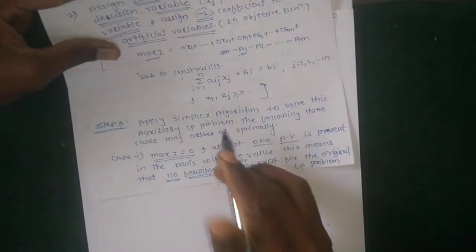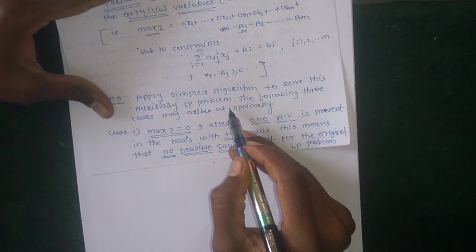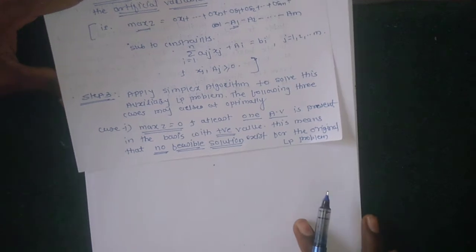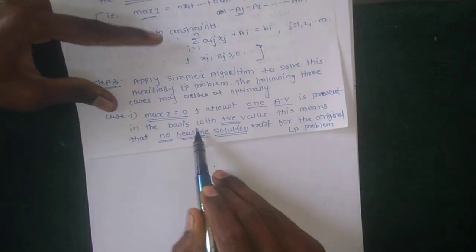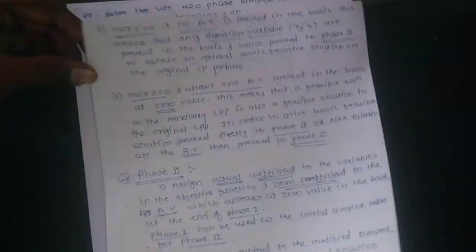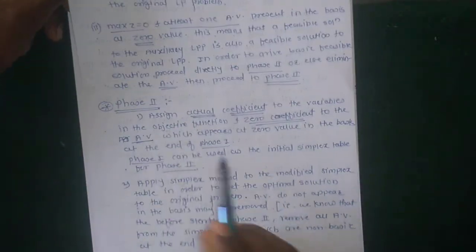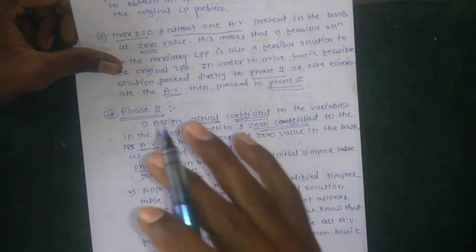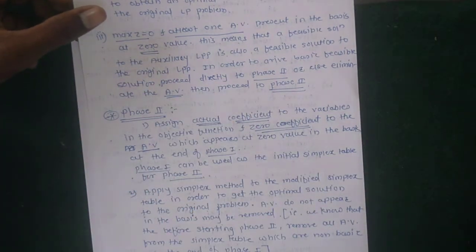Okay, and then use our regular simplex algorithm. Then we get 3 cases after solving the simplex method. If maximum z is equal to 0 and at least one artificial variable is present in the basis with positive value, then the given LP problem has no solution. And if maximum z is equal to 0 and no artificial variable remains, then it has a solution and we go directly to the phase second method. Then the phase first simplex table is followed by the phase second simplex table similarly. Okay, in this way we solve.